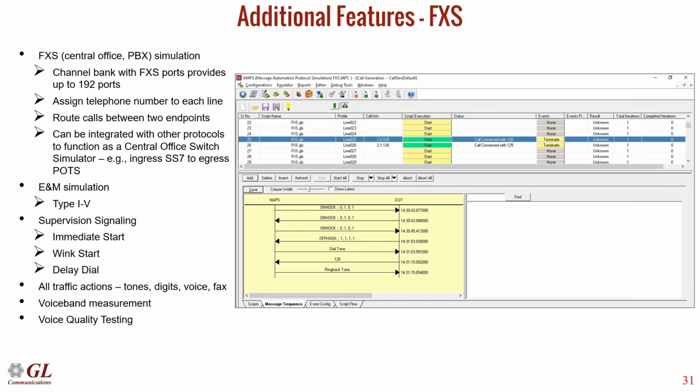This is just different cards that go into the channel bank, whether it's an FXO card, an FXS card, a 4-wire E&M card, or a combination of the different cards. It's whatever is in the channel bank, and then your physical connection of the T1 to the channel bank will control that card. So one T1, for instance, can control FXO, while another T1 can control the FXS. So all of that could be set up.